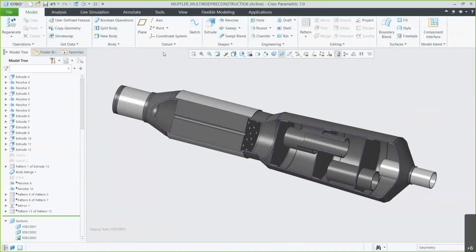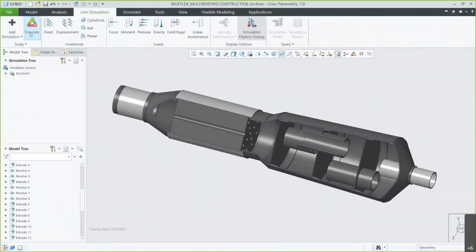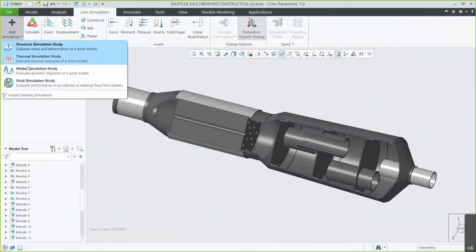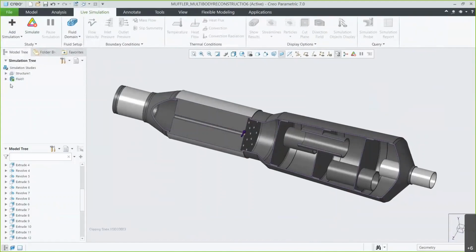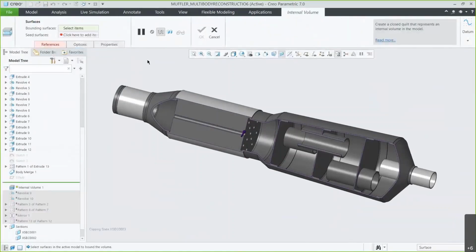So to start into it, we'll simply go right up into our live simulation tab and then click to add the study that we want to work with. So here we'll go over to our flow analysis and lay out the basis for our study. Now to work in the flow analysis, the first thing that we'll do is lay out our domain for the study. So this is our fluid domain, essentially the volume of space that our fluid flow is going to be